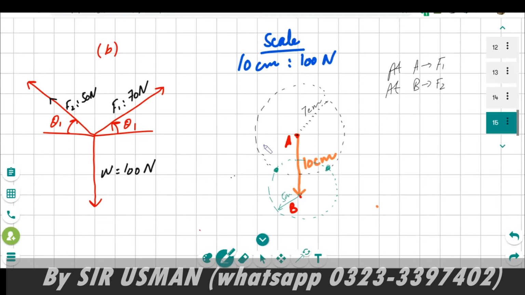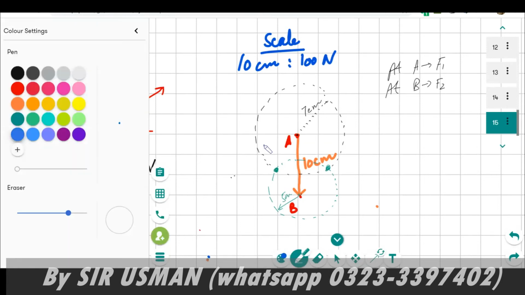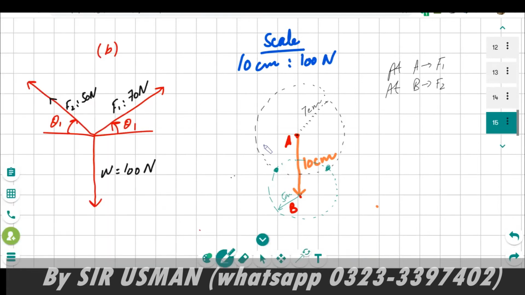So how can we know which will be your F1 and which will be your F2? Let's say this is your point P and the other point is Q. If we go to P, it is in the same orientation as F2, so it should be your F2, because your F2 is in the north west direction. And then from this position you join to A. So this is your F1, and then you can take the angles easily.